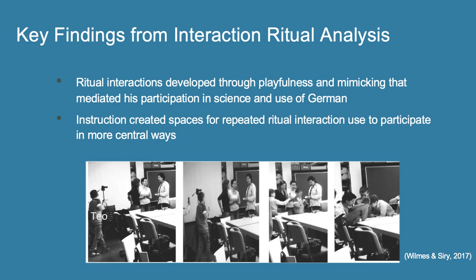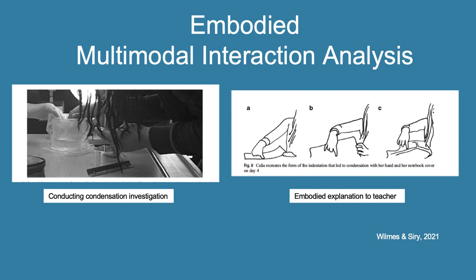A second lens that we use often in our research is an embodied multimodal interaction analysis that draws upon Bakhtinian lenses of discourse and interaction, of dialogic communication among actors in context and over time. And so here we just see two brief snapshots of what types of views this might bring to our work in classrooms. On the left, we see a student bent over working with a beaker. And again, this was examining condensation and evaporation. And she's working with her classmates in an investigation to look at what happens with that condensation over time.